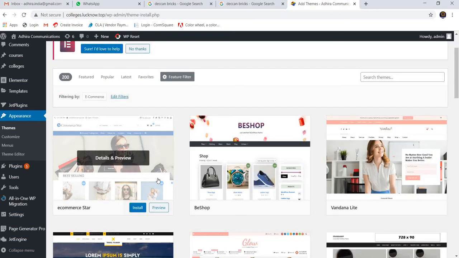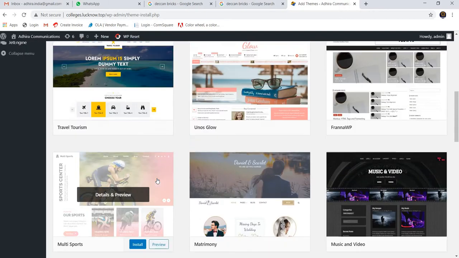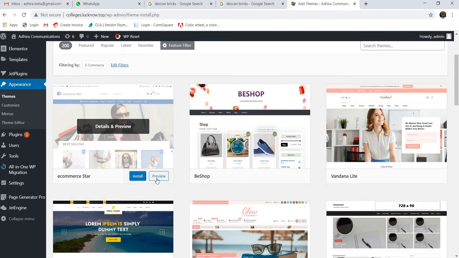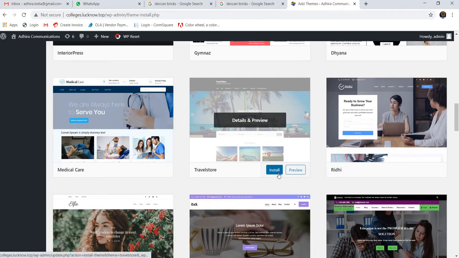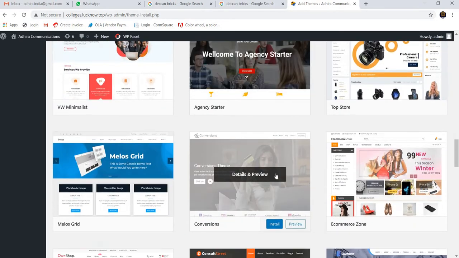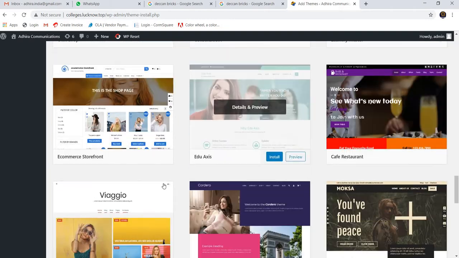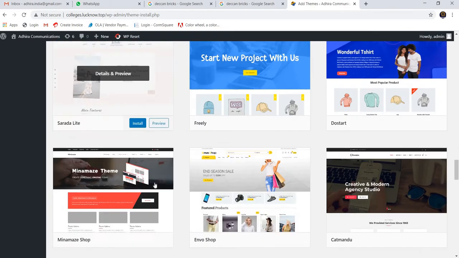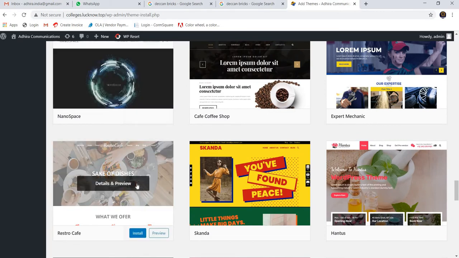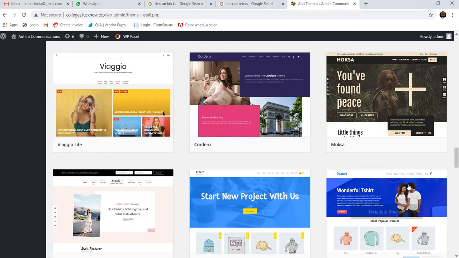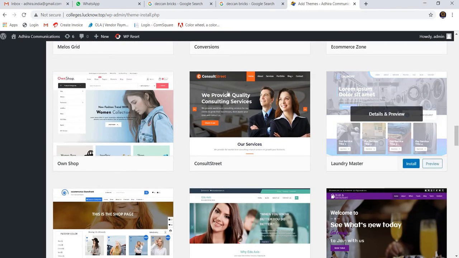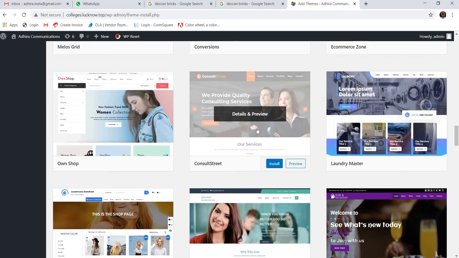It is showing only one option here. These are the options for e-commerce websites. Here we can see n number of themes. We can select from these; if we like any one to put on our website, we can select it. First we need to select which is suitable for our website. Now I am going to select this one as the theme for our website.